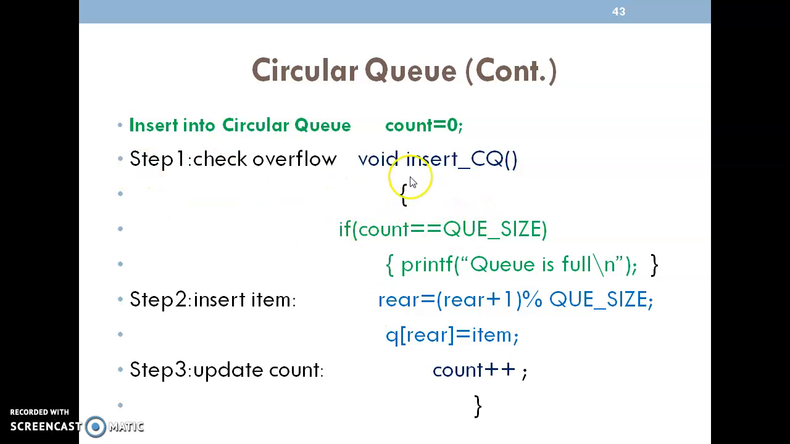Then we can represent all of them in a single function. Initially check for the overflow: void insert circular queue. Here I have taken count equal to 0, meaning that initially when no items are there, we consider the queue empty. Whenever we insert elements into the queue, the count value increases. So if count equals queue size, for example after inserting 5 elements the count is 5, and 5 equals the queue size of 5,